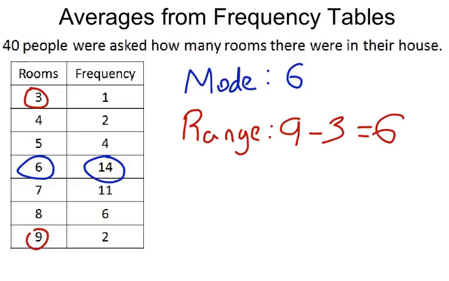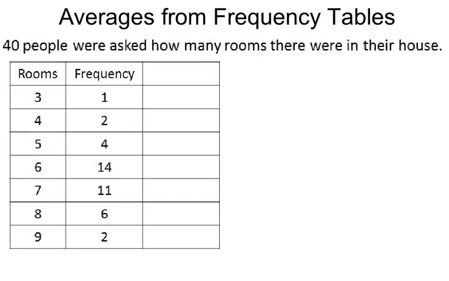Now we're going to go on and have a look at the mean and the median. First of all, we're going to do the mean. The mean from a frequency table is fairly easy to find, but it involves a bit of a calculation. First of all, let's remind ourselves what this frequency table means. It means if we were to list all the data,